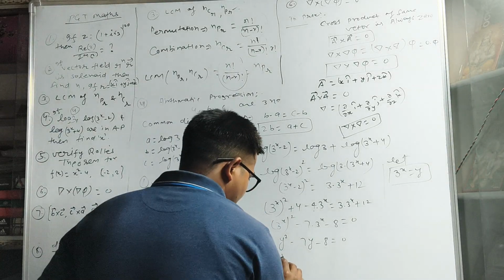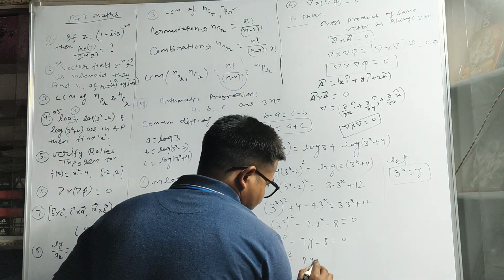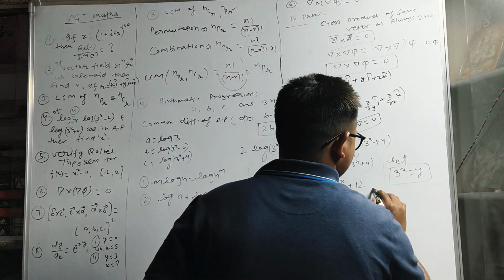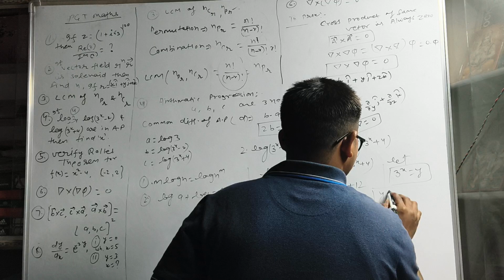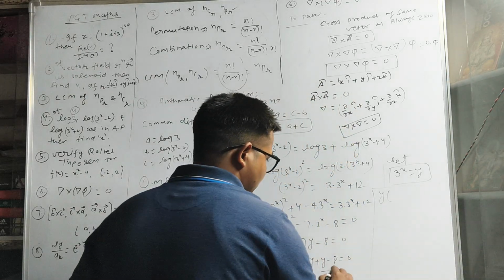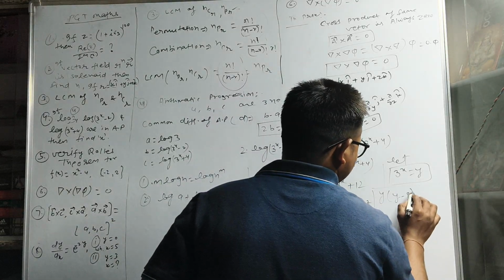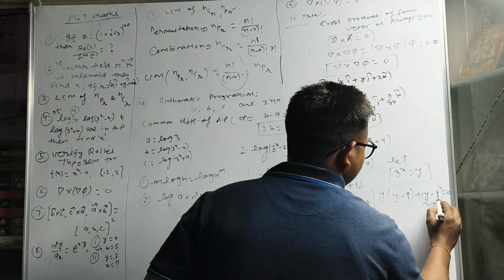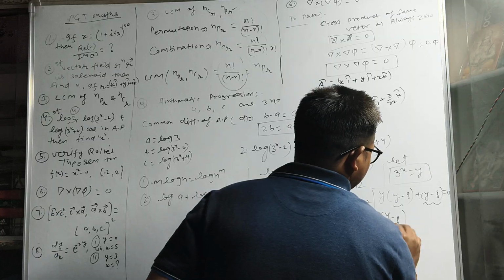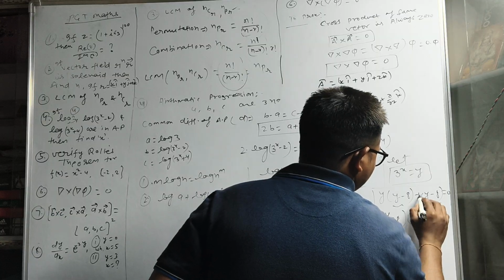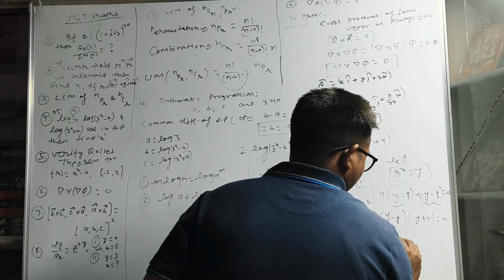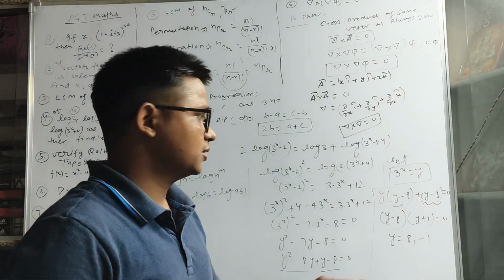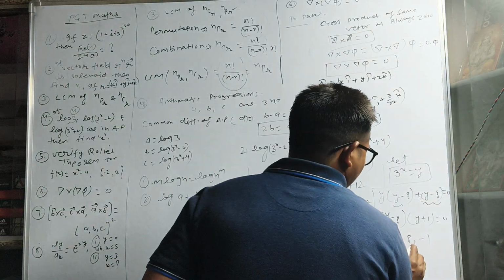We can simply write here y square minus 8y plus y minus 8 equal to 0. So we can simply solve it after taking y in common from the first two terms, y into (y minus 8) and plus 1 into (y minus 8) equal to 0. After taking these two terms, (y minus 8) into (y plus 1), here 1 is hidden, equal to 0. So y equal to 8 and y equal to minus 1. In logarithm, a negative value is undefined, so we have to take the positive value.